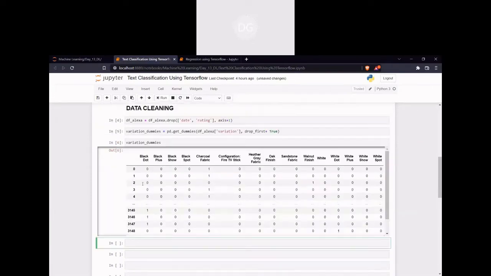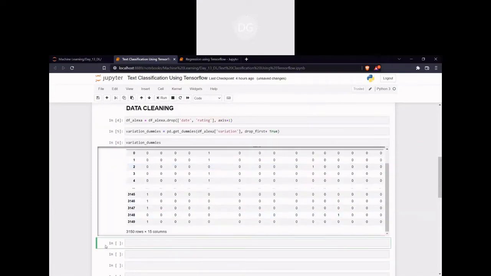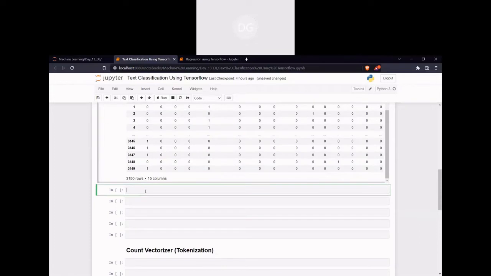For that, first I will drop the variation from df Alexa. Then I can simply give inplace equal to true, which will update my actual data set itself.